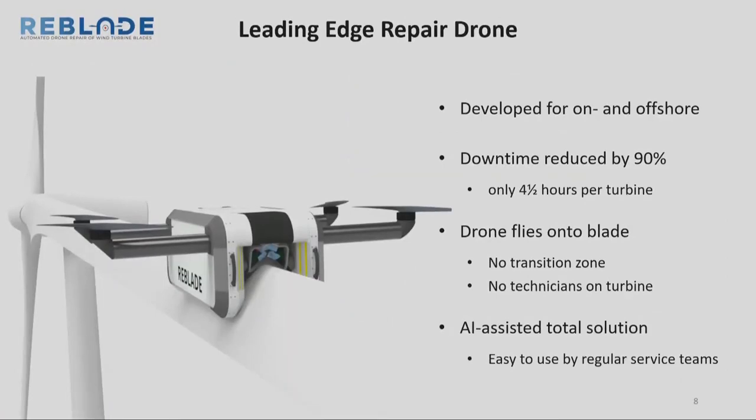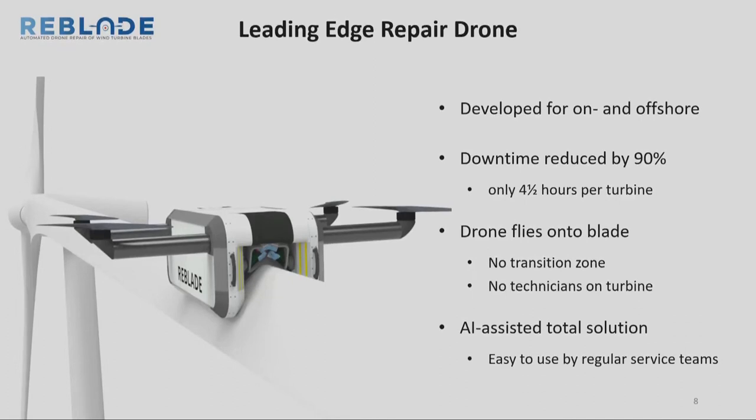So this is what ReBlade are developing. This product isn't available yet, but will be next year. It is basically a UAV. It's a drone that is a factory. So it's got a U-shaped hull, and it literally flies up onto the blade. It's got all of the operations within that hull structure,